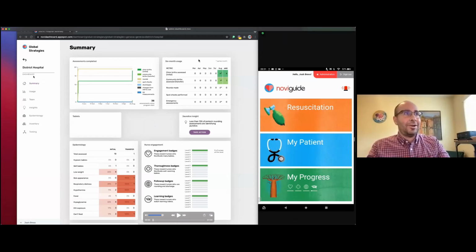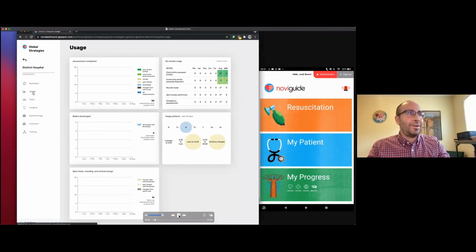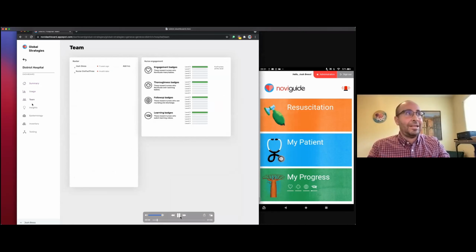What you're looking at here is a site-specific dashboard of a fake clinic that I just made for this talk. And I called the clinic District Hospital. So it has an unusual pattern because I just made it and started playing with it. But let me show you the key features of it. The first is obviously the name, and you can see how people are using the NoviGuide and the level of engagement. And I will just say that in Uganda now, every single site we work with has this for their own individual site.